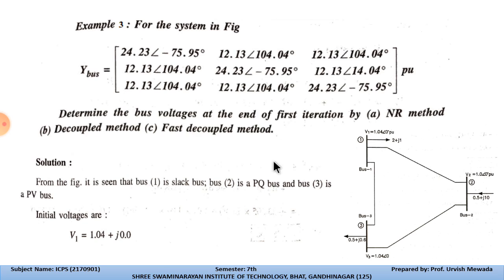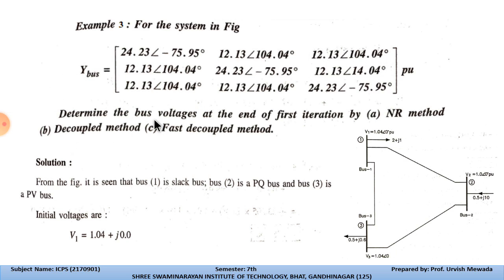Now let us discuss example number 3. For the system figure, the diagram is shown over here. We have a 3 bus system, and these are the links of the buses. For the given system the Y bus is given, so no need to find the Y bus initially. Every time, read whatever data is given carefully 2 times, and then decide what you should calculate and what you should do in this example. So the Y bus is already given in the data, and the value of the Y bus is in pu.